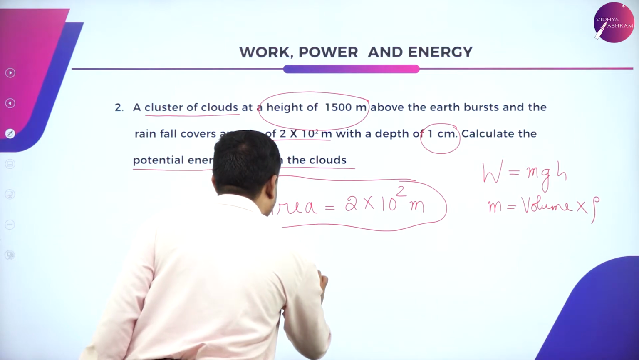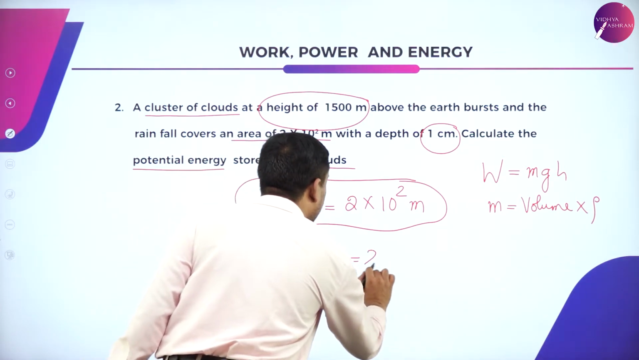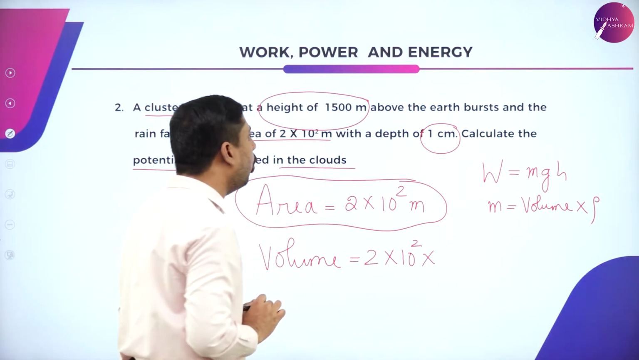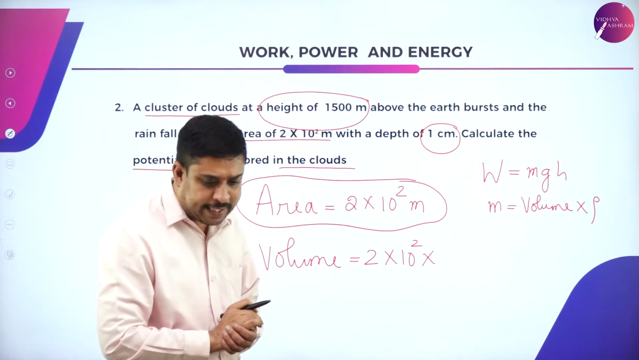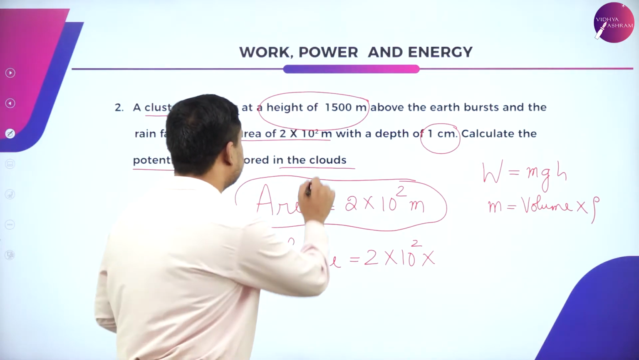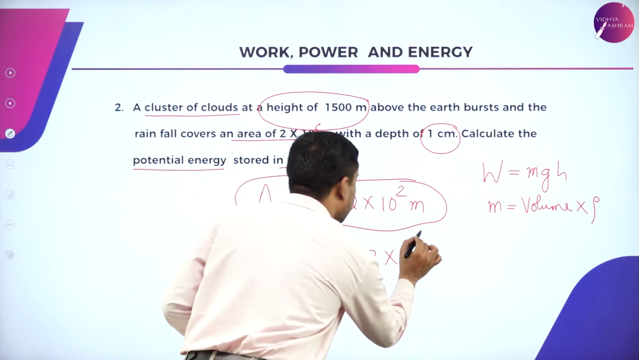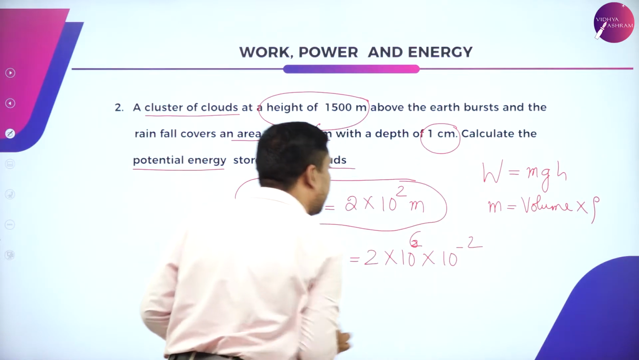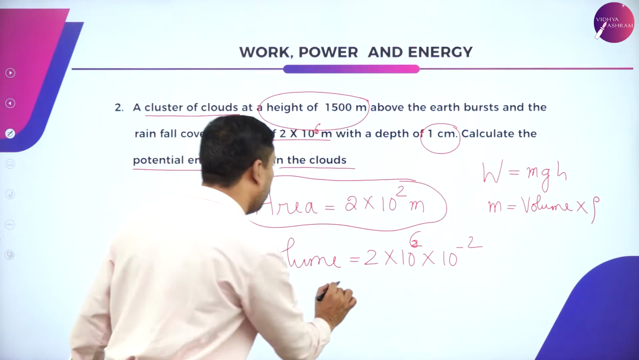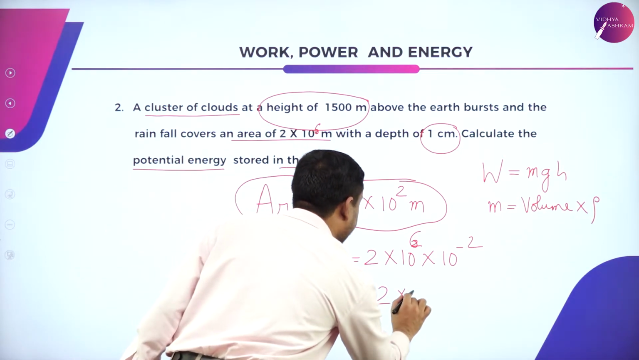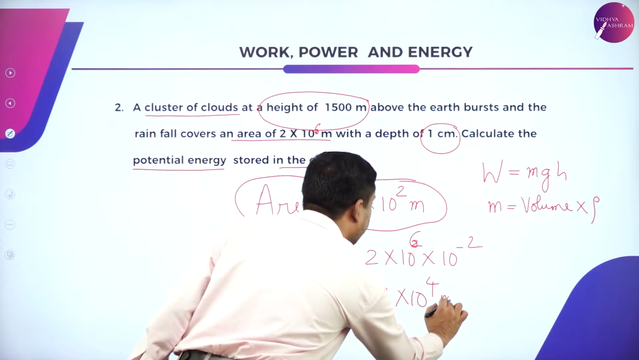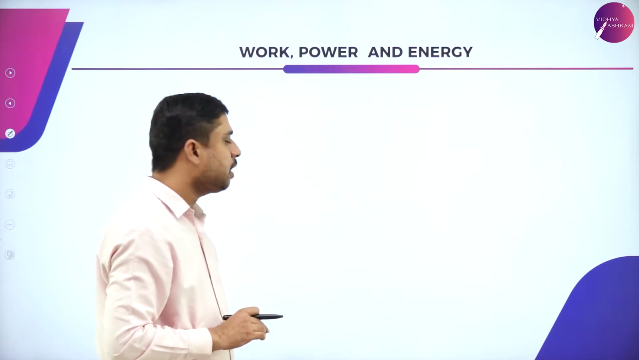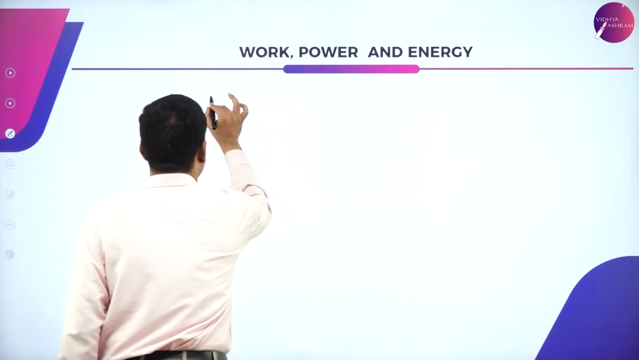So, volume here is nothing but 2 into 10 power 2 into the depth. So, what is the depth here? Depth is 1 centimeter, which is 10 power minus 2. So, this is 2 into 10 power 4 meter cube. So, volume is calculated. Now, as I told, mass